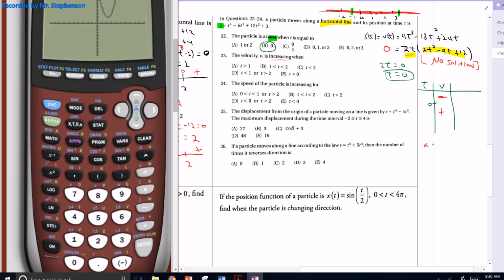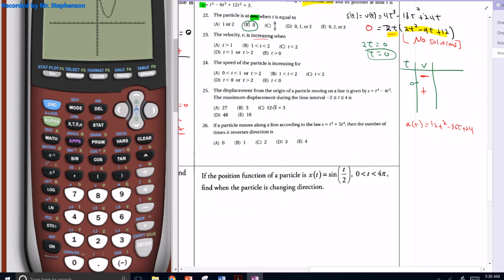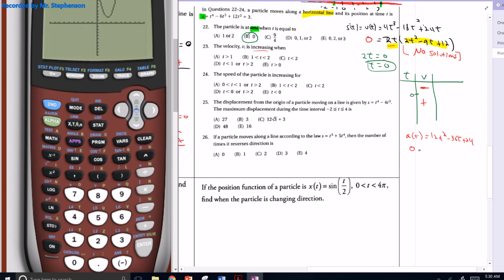Acceleration is, for this function, 12t squared minus 36t plus 24. And we need to go ahead and set it equal to 0. Let's factor out a 12 to make our factoring lives easier. And then we can see that this inside piece, I could divide both sides by 12. This inside piece will be t minus 2, t minus 1. And so the answers are, the velocity is 0 when t equals 2 and t equals